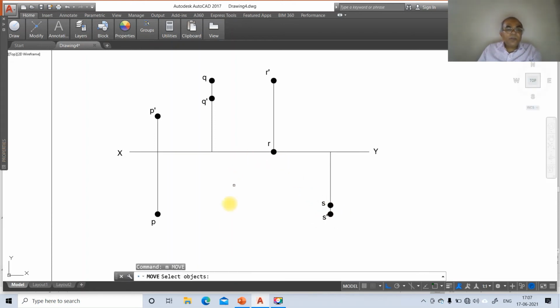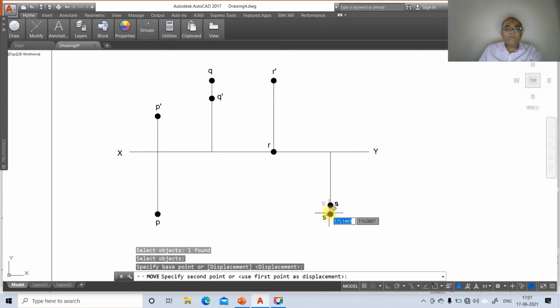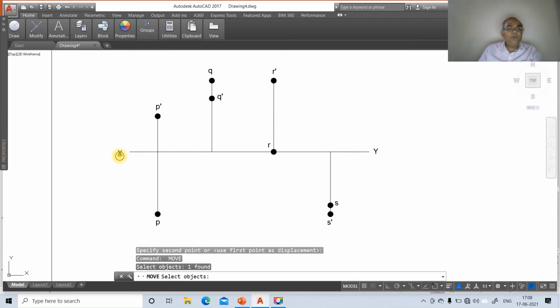Then go to move, switch off the ortho mode. So take P and you take this here, Q, and then take Q dash here, then R dash, then R, then S, then S dash here. Then go to move, select this and you select this. So then P dash, Q dash, R dash,